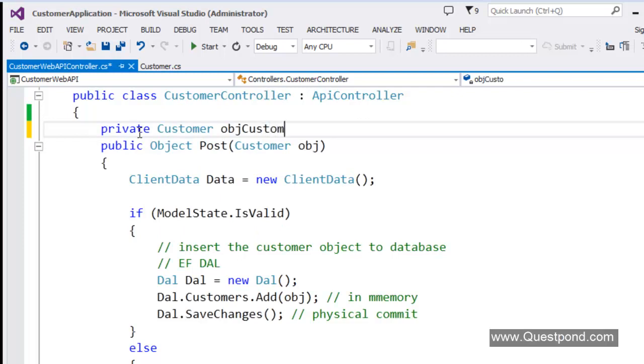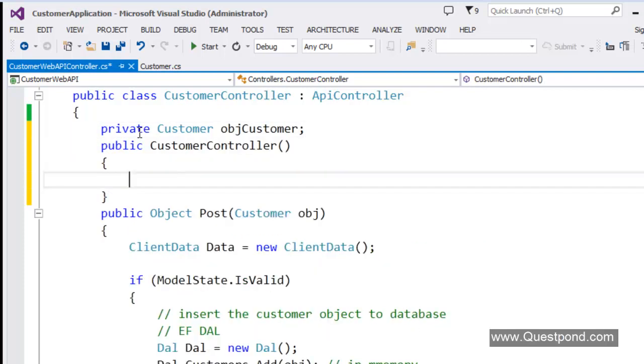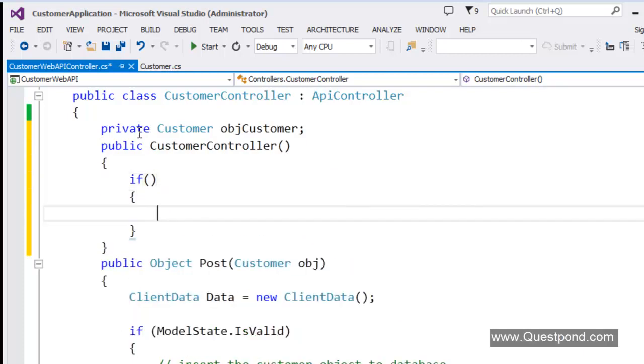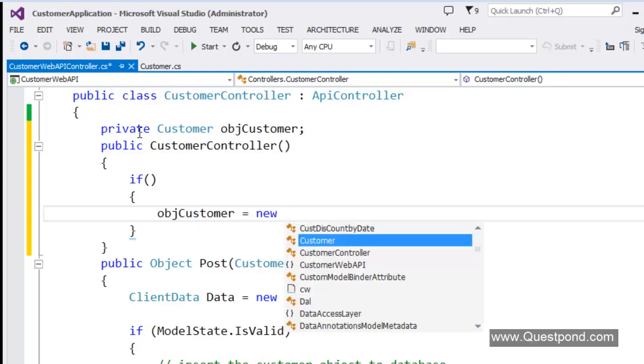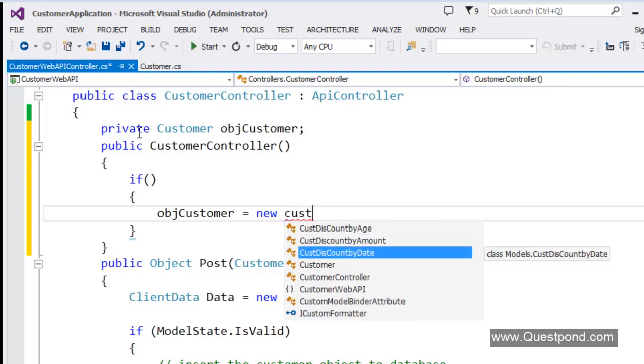And depending on how the request comes in, in the constructor or somewhere, they will decide, okay, if the request has come to create a discounted customer using a date, they will say obj customer is equal to new customer with discount by date.